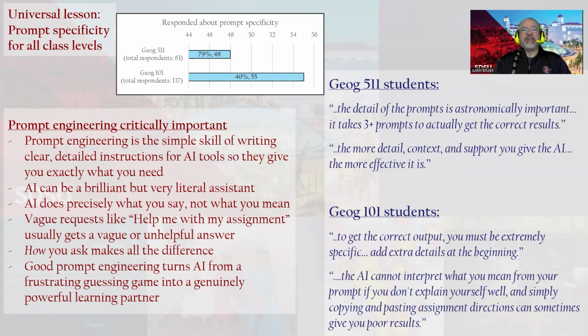In my introductory class, the language is nearly identical. To get the correct output, you have to be extremely specific and add extra details at the beginning. The data would seem to indicate that a dedicated prompt engineering module in week one, complete with in class exercises on file paths, on outputs, output formats, and iteration, could now be a foundational requirement for any class that has heavy AI integration. Given that my students all get the SDSU AI micro credential, a supplementary Canvas course might be in order to really take this concept of AI interaction to a desired level.